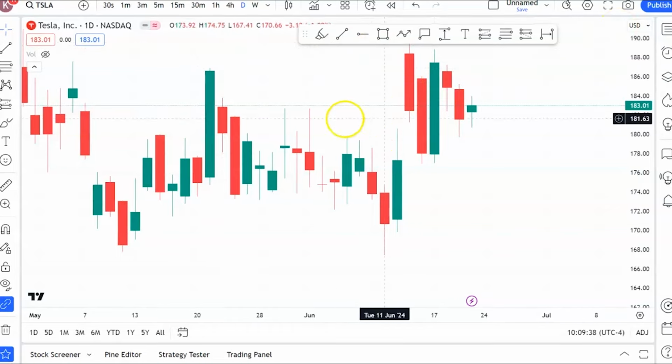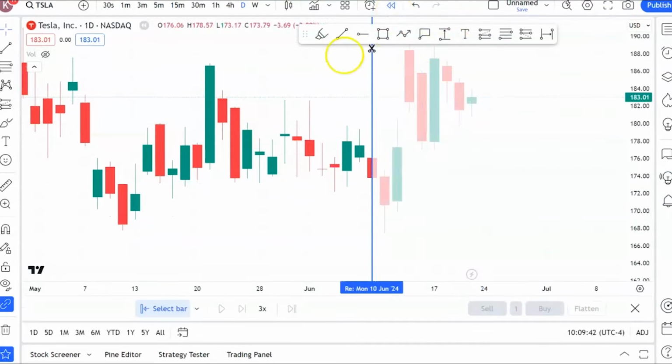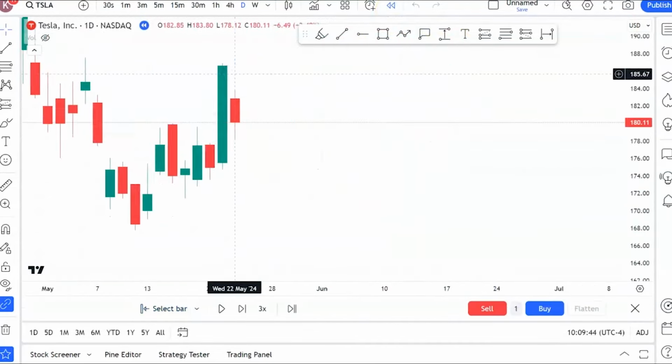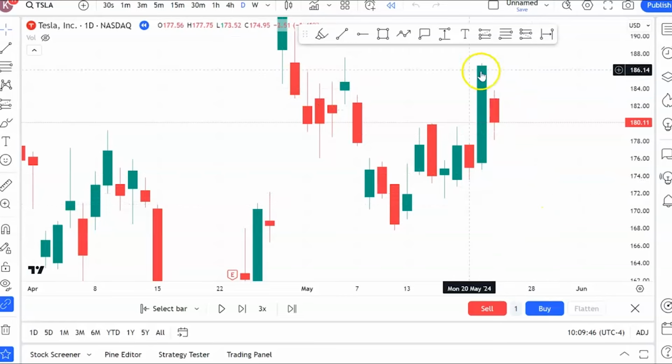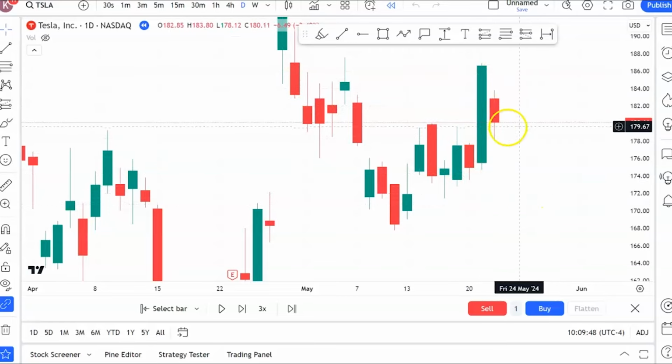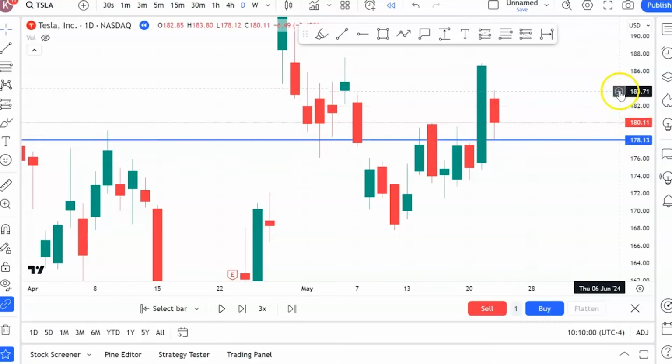Now that we've been able to identify our inside day, I'm just going to go to the replay, and I'm just going to go to that particular day, because if you were to then see this setup and now you're getting ready to enter the market the next day, this is how you'd play it. So you'd mark the low for your inside day candle, and you'd also mark the high for your inside day